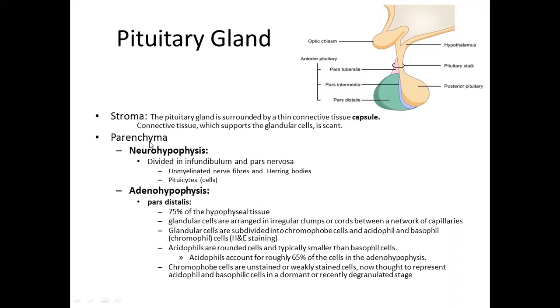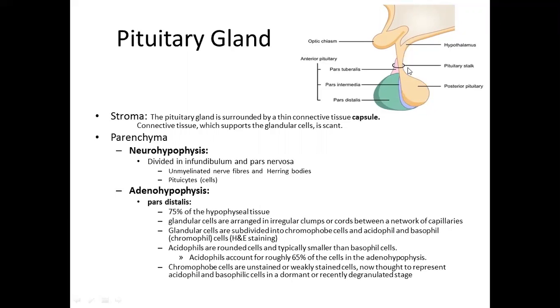Now we will talk about the main parenchymatous part, the cells which are involved in the production of hormones. We have just said that we have divided the pituitary gland in two parts. The part which is directly a continuation of, or connected with, the brain hypothalamus is termed the neurohypophysis. The part which actually moved from the oral cavity of a developing embryo and then started residing in the bony depression, and doesn't have any direct connection or continuation with the brain, is termed the anterior pituitary or adenohypophysis.